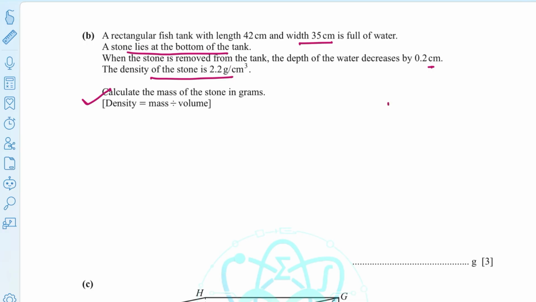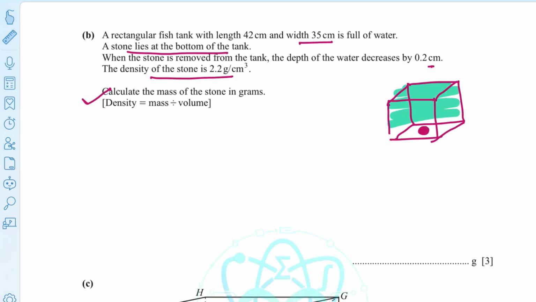See, try to understand the question. For example, this is a cube we have, right? And inside this cube, there was a stone like this. Are you getting it? And previously, it was full of water. I hope you understood this. Clear? Now, what happens is when someone takes the stone out, as per the question, now the water is